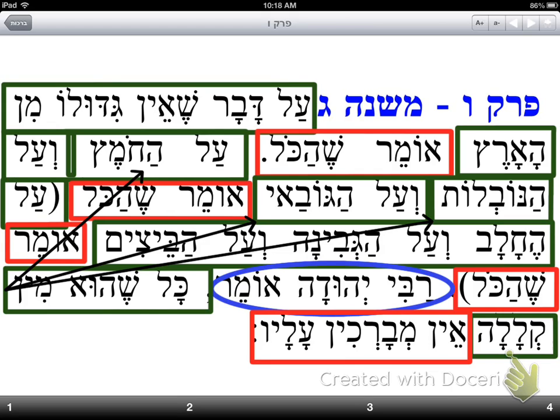The third case where we said al hechalav v'al hagvina v'al habeitzim, so on those cases, the reason why you might think that they don't follow the general rule is because those things kind of grow from the ground. They grow from animals, right, which are connected to the ground. So you might think that they might be different and get a special bracha. The Mishnah tells you that that's not so.